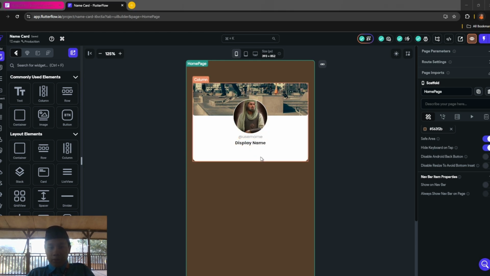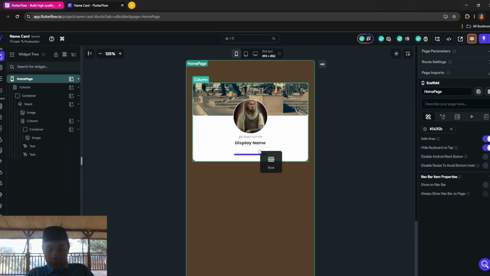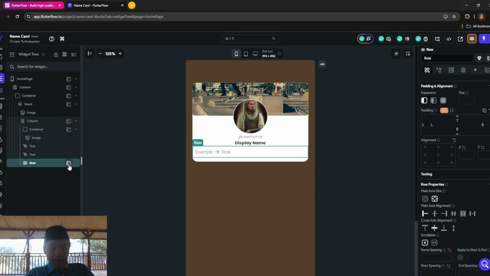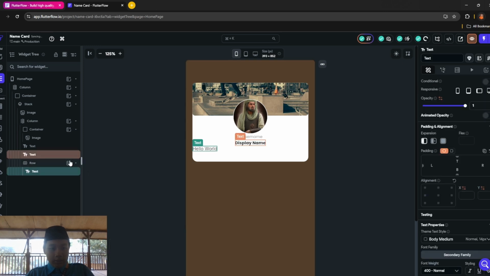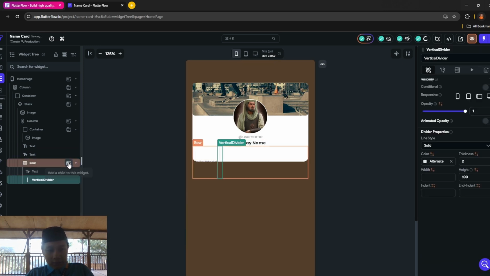We are going to add a row here. It should look like that. And then inside the row, you want to add a text, a vertical divider, and then another text.